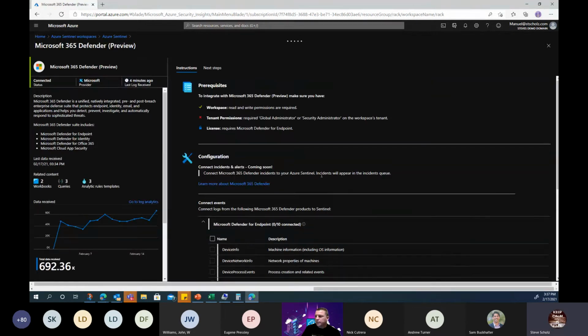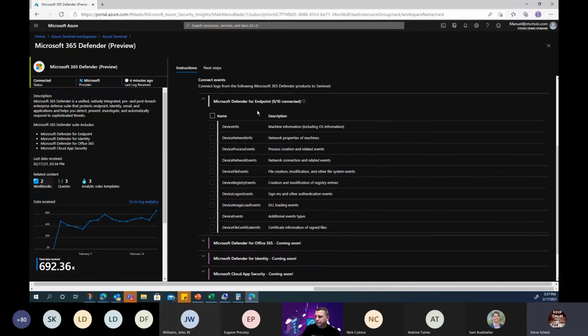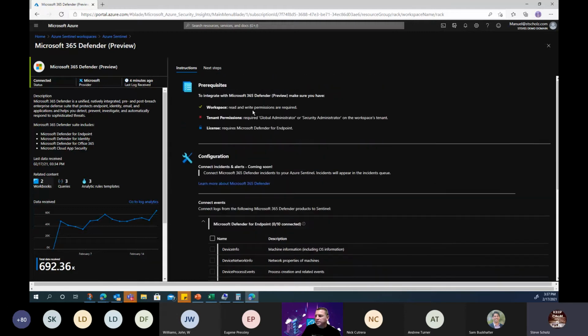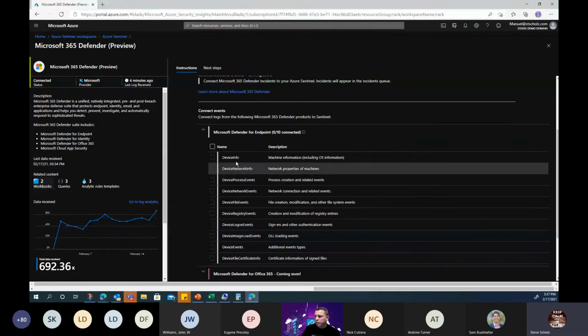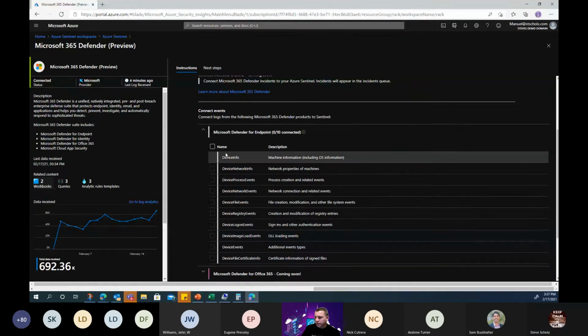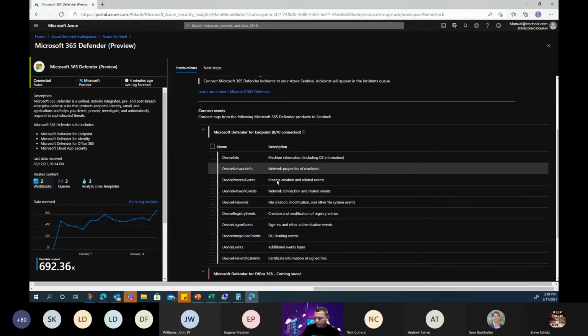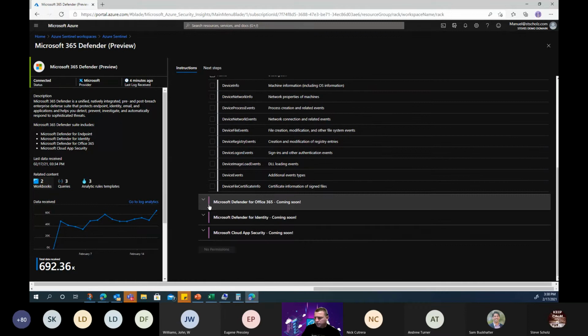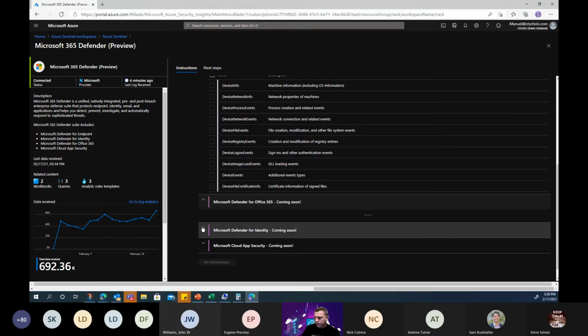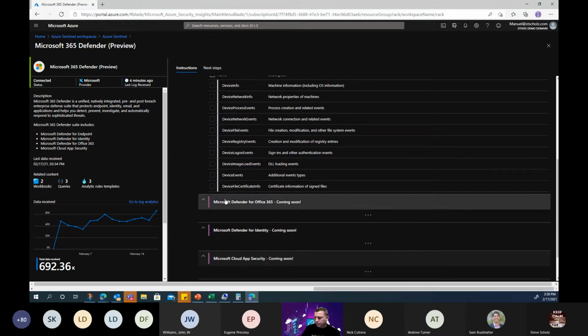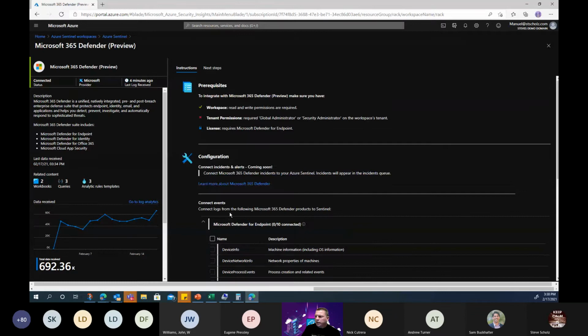We look at the connector. And that's one of the things that you can actually filter on up top. You can filter on just your connections. Yes, exactly. And of course, here you can also say, okay, what logs do we want to bring over into Sentinel, right? In this case, you might want to bring all the signal in. Again, this M365 Defender signal is not charged, and you can bring in additional things that are coming soon once they're baked. One thing to call out when we think about preview,